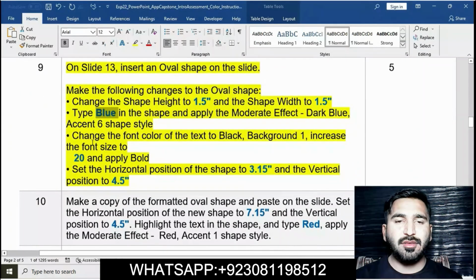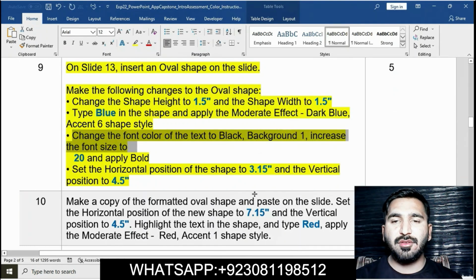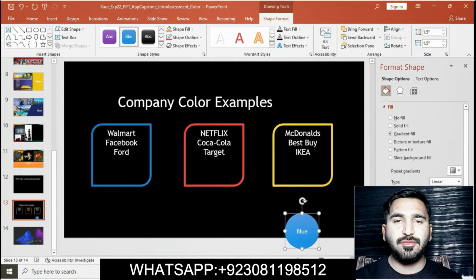Now change the font color of the text to Black, Background 1, increase the font size to 20 and then apply bold.